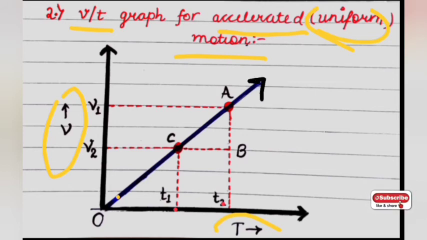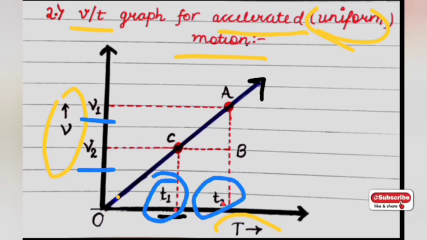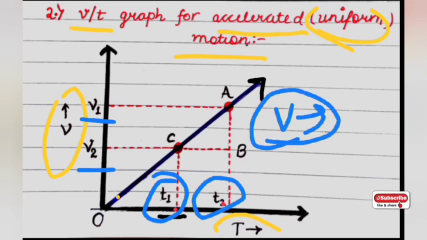So what does it mean? What you can see over here, if we take the position at time t1 and time t2, then you are able to find the two velocities v1 and v2 at two different points a and c. You can see a and c are two different points at which the velocity is changing. But how does velocity change? Basically when velocity changes, that is called acceleration. What do we call acceleration? That is the rate of change in velocity.